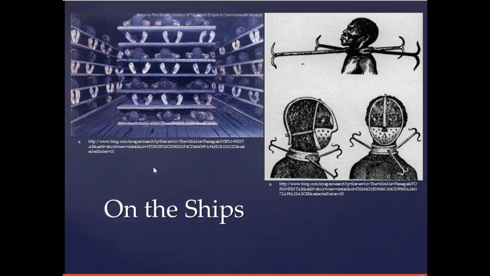This picture you can see on the left hand side here. The left hand picture is what it may have looked like when they were laying side by side with virtually no room between them and what was above them. You can understand in these types of terrible conditions why many of them died along the way. On the right hand side here is a couple more examples of some of the neck braces and the coffles that would be used if slaves acted out. They might have one of these muzzle type things put on them, or one of these coffles with the spikes at the end, so that it would be much more difficult for you to run away.